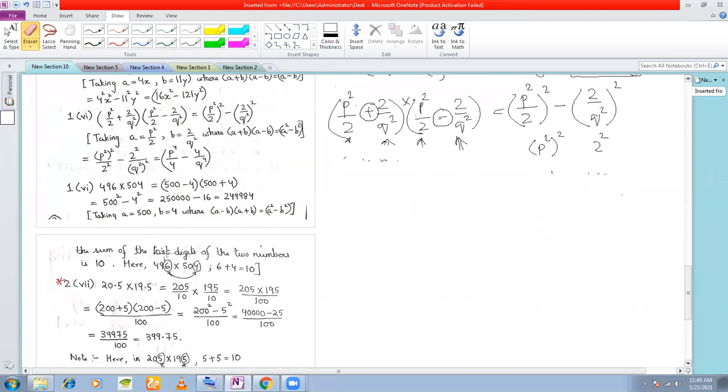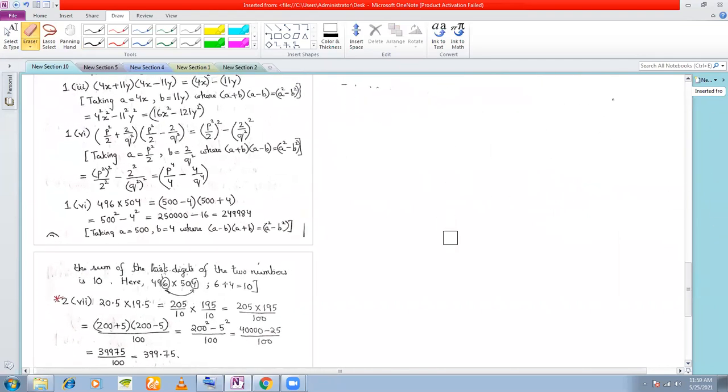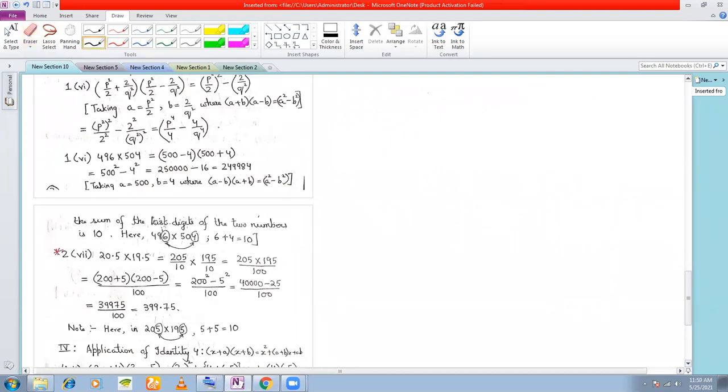We proceed to the next one, and this is a very special and very interesting one. Part 6: how do you multiply 496 with 504? This multiplication you can do very easily if you know (a plus b) into (a minus b). But in order to use it, you must be able to see that